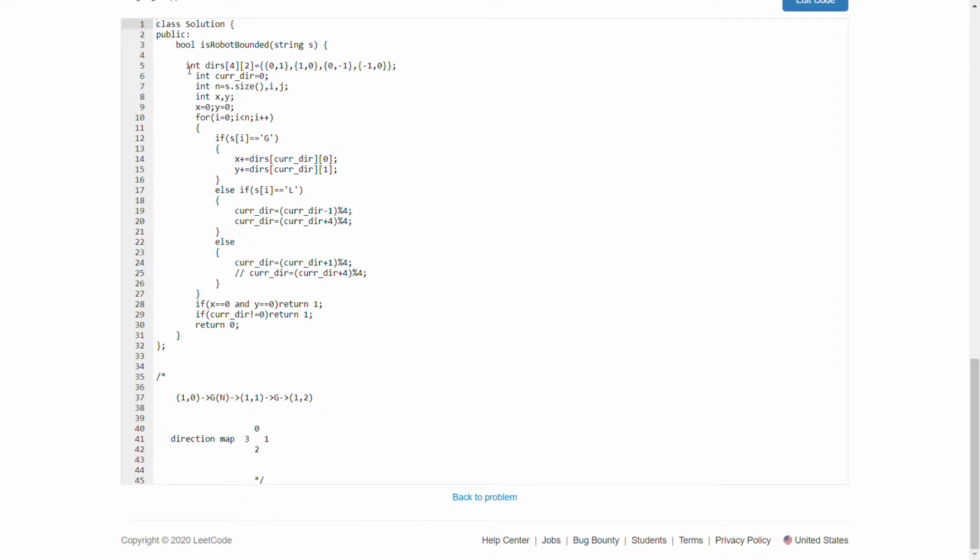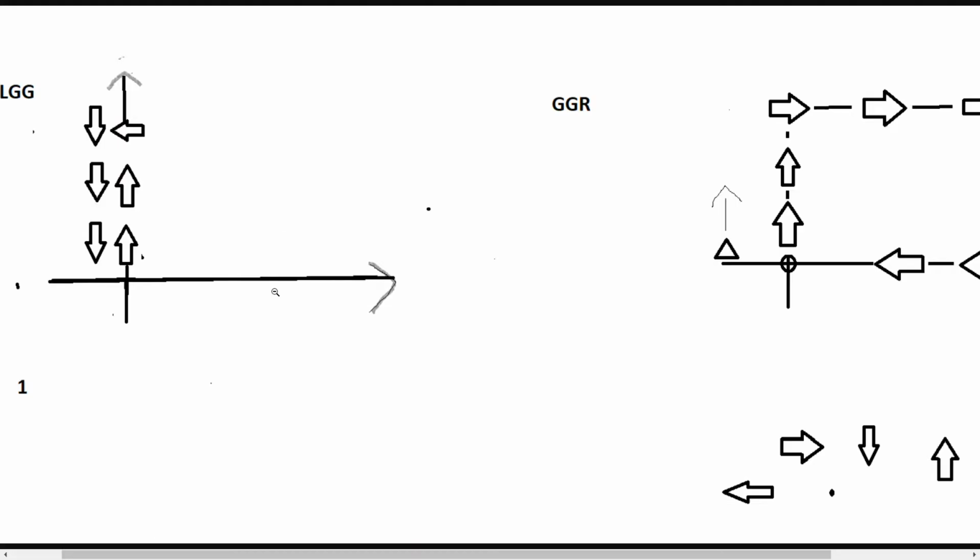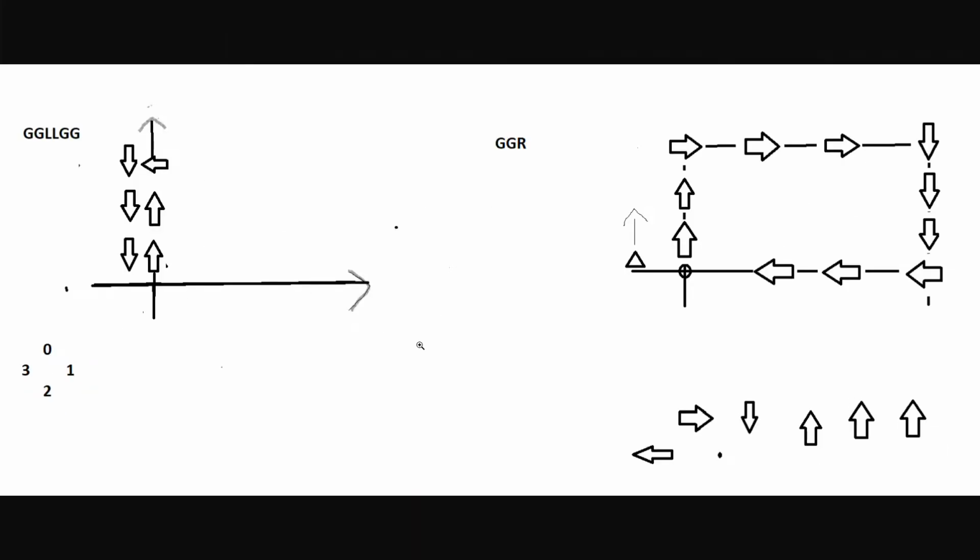Okay, so the usual part of the code is same, but here instead of iterating it 4 times, we'll just iterate it once. Yeah, this loop is just iterating once. And now my point is, after iterating once, if you are at 0, 0, that means your displacement is 0. So no matter how many times you take that instruction, you will always remain at 0, 0, though your direction may change.